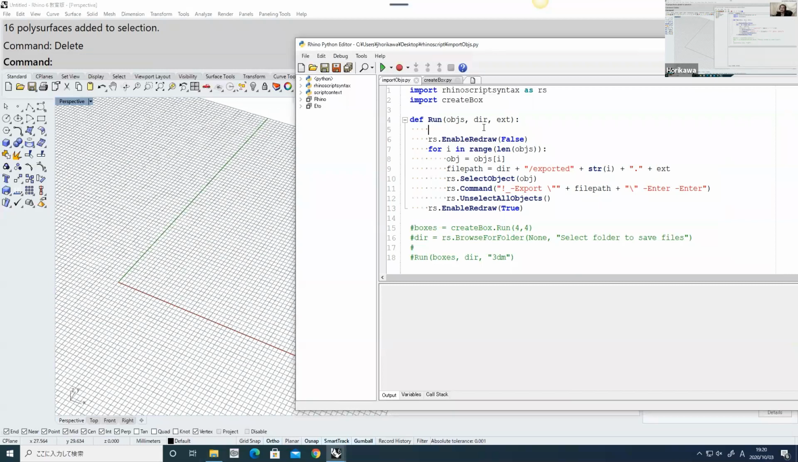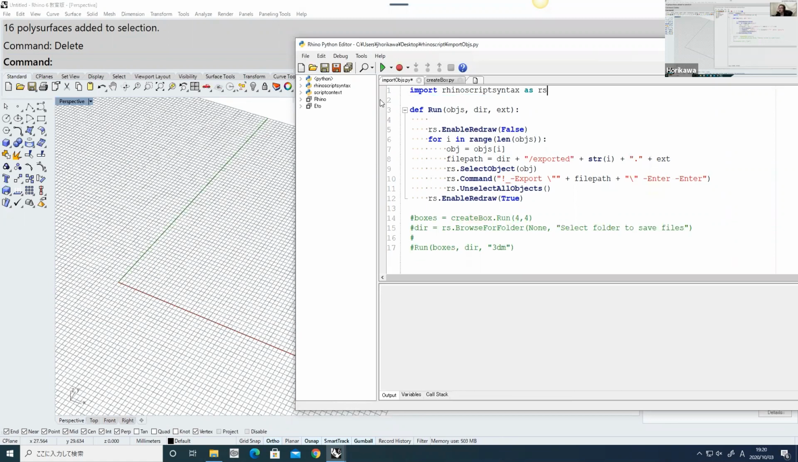To do that, what you need to do is to first list all the objects inside a specific folder with the specific extension, right? Okay, so since we're not going to create any boxes, we can delete the create box import module. We just leave